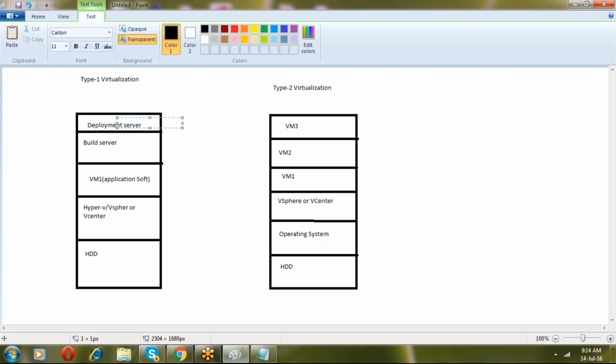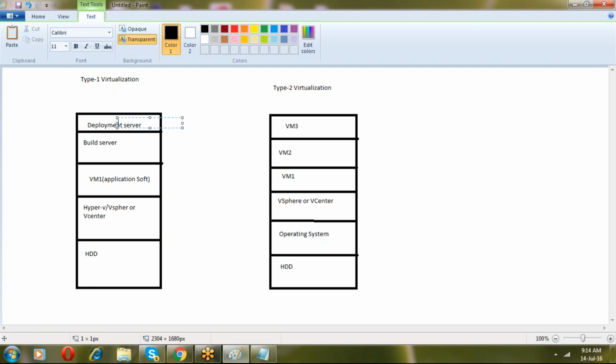So that means you need not install any operating system on top of your hardware. Whenever you purchase virtualization software from the vendor, the operating system comes inbuilt with your software. So you need not install the operating system again.